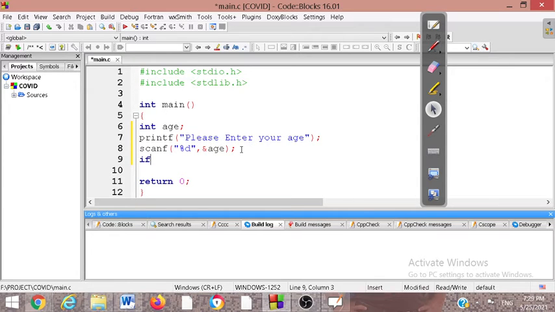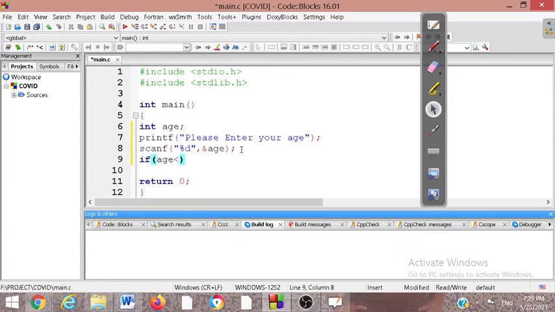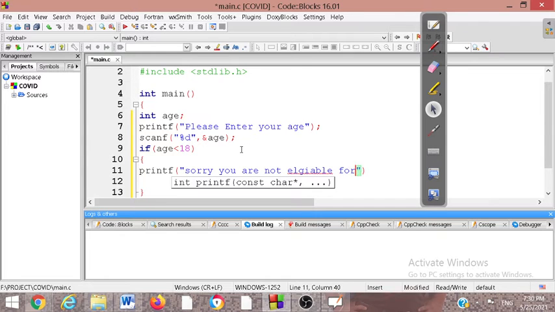I am taking the if condition statement, and inside that I am going to say if age is less than 18. So I am using the printf function, and through the printf function the message is: sorry, you are not eligible for vote.